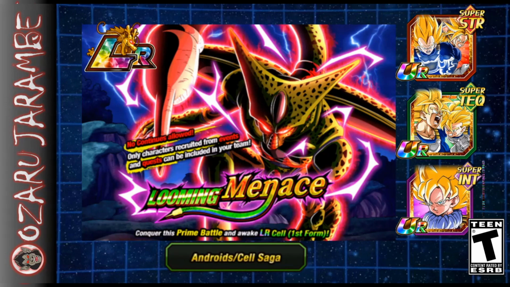But more specifically, these guys' events first came available during the 300 million download celebration, and you haven't been able to farm them since they left last time. Right now, their events are available to farm until the end of January, so as of the upload date of this video, you have a little bit of time left, but make sure you hop in there and farm these guys out before they're gone, because there's no saying when they will be coming